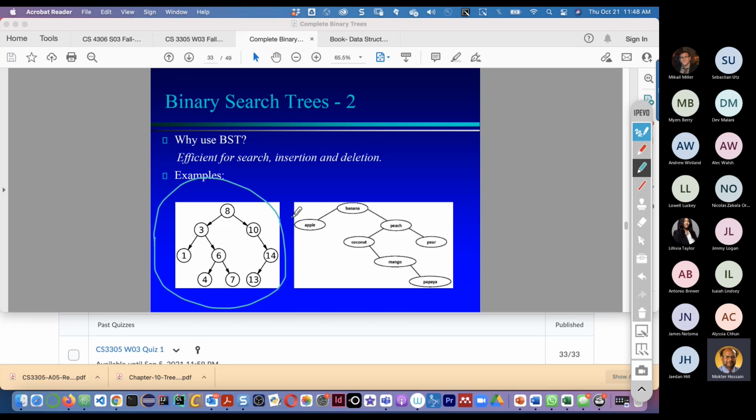And this side, is this a BST? We cannot ensure whether it is a BST or not unless we know what the actual values mean. It's banana.